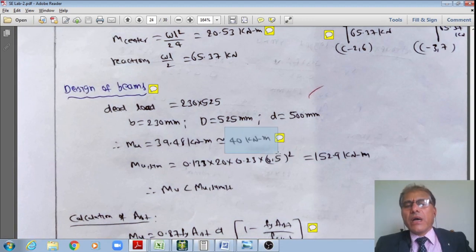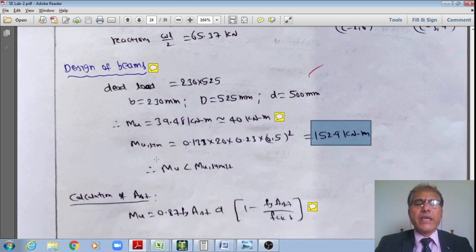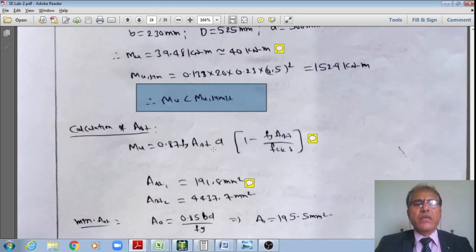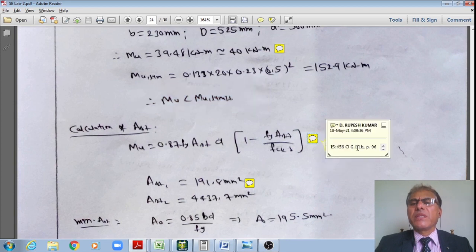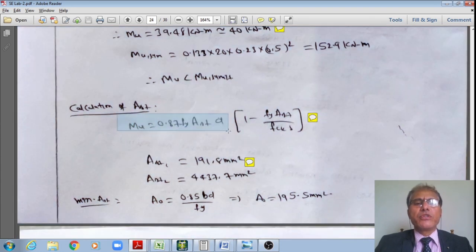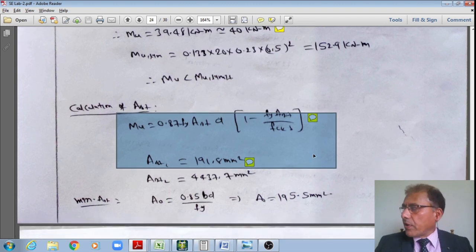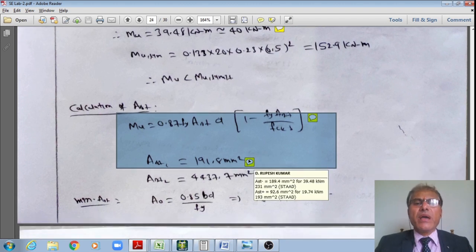I do have that factored moment is only just 40, which is much less than this 152. Therefore, that indicates that the section is an under-reinforced section. Once the section is under-reinforced, then as per page number 96 of IS 456, which we already visited during the design of the slab, we know this formula: Mu is equal to 0.87 fy Ast d, 1 minus fy Ast divided by fck bd. Therefore, substituting into that, now I'll get for this moment of 40 kilonewton meter, I do have